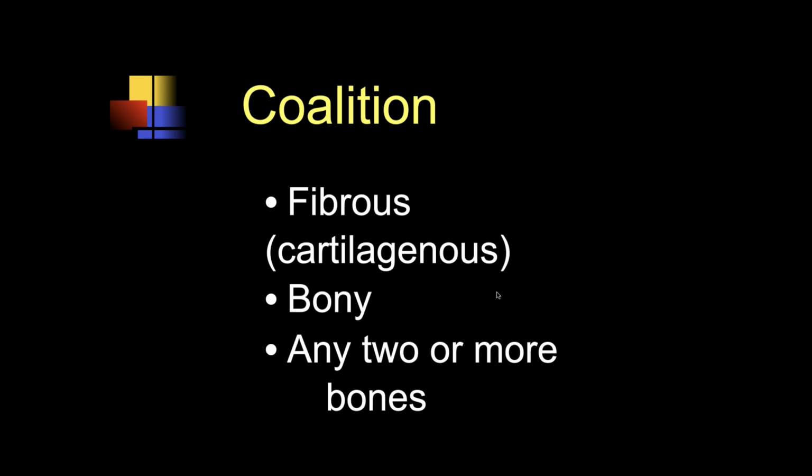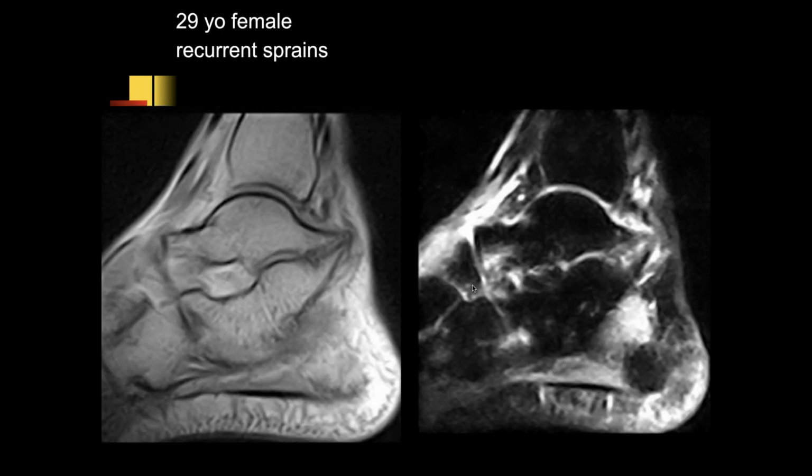So let's talk about coalition, because that's a common problem in the foot and ankle. Michael, what do you think of this case? Okay, so this is, I guess, what the other case is almost looking like, but now we can see the posterior aspect of the lateral calcaneal facet and talus are extending together, and there's kind of a bright signal across this. It doesn't look like there's bony bridging, so this is probably fibrous